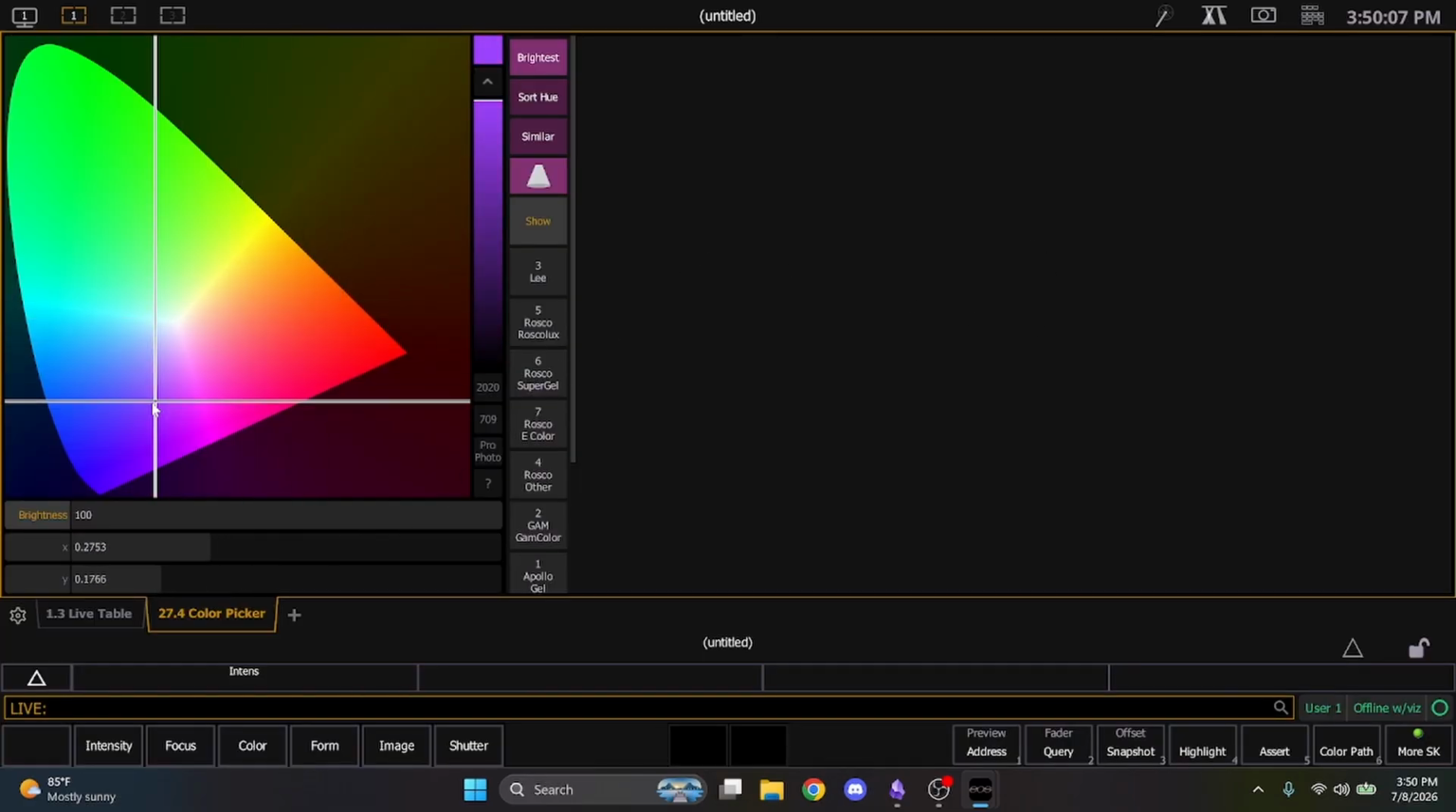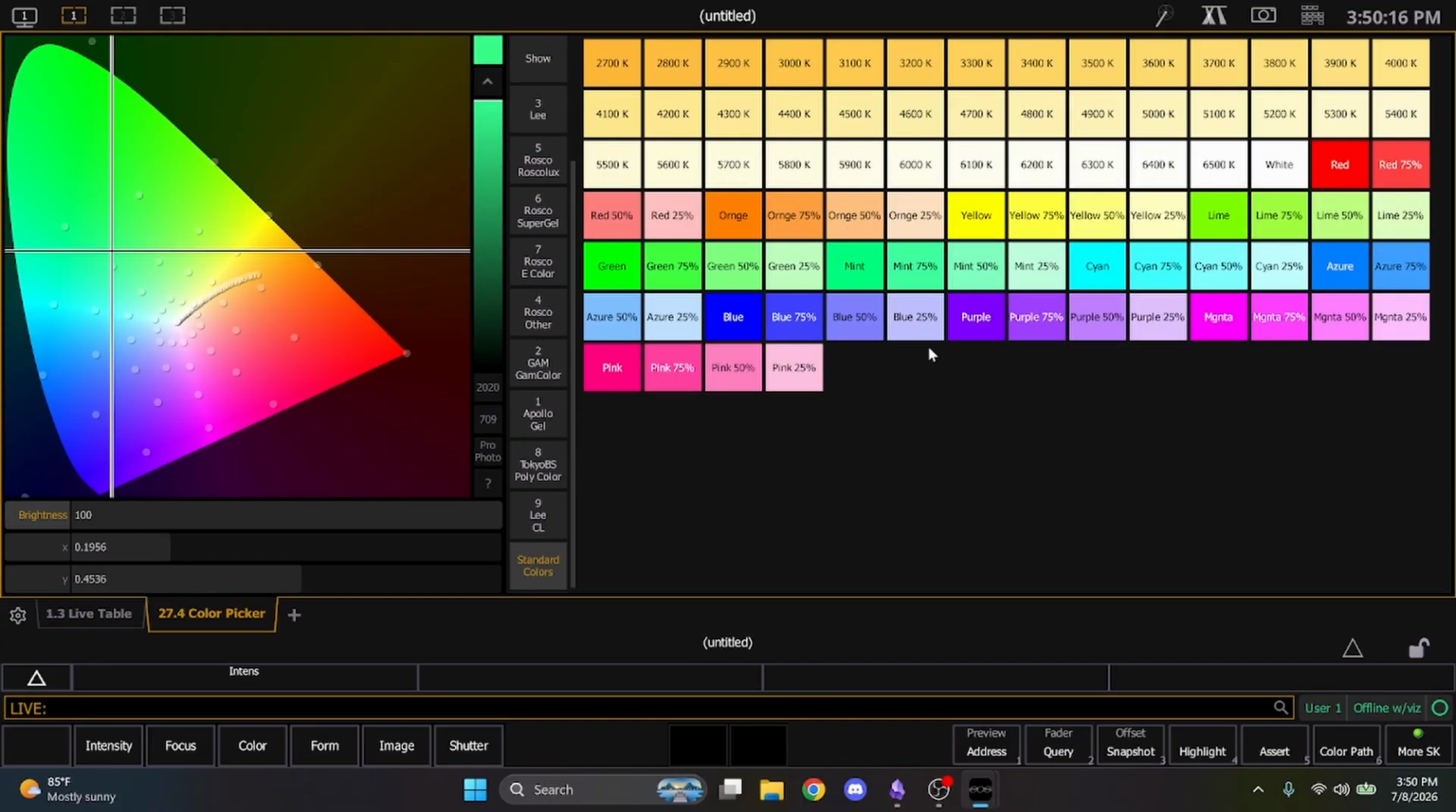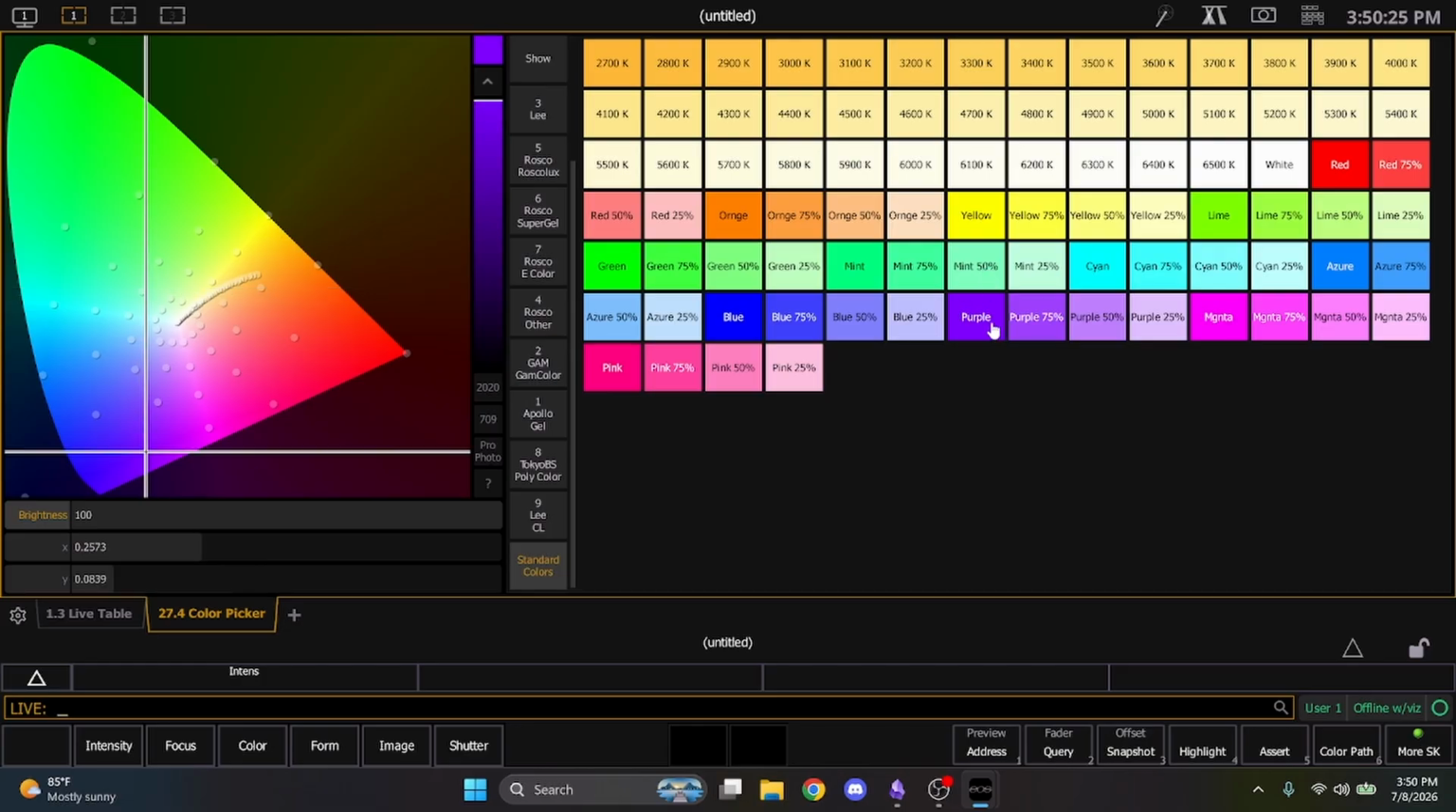Color picker is great for LEDs and moving lights. You can easily go through all of your colors here and adjust them nicely. You can also pick from some of the colors here, and it jumps around the color wheel. Keep in mind that these colors that you are seeing on screen may not match your actual lighting output, because